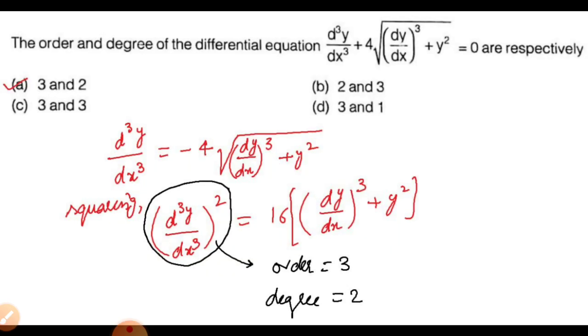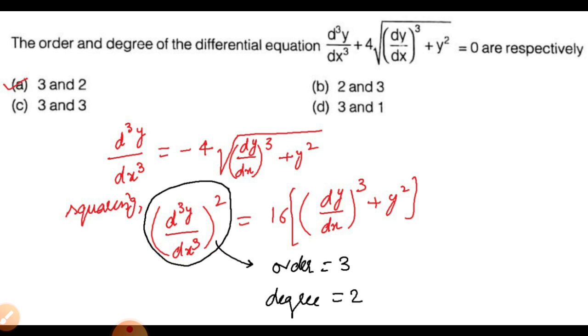Next question. This is also a previous year GATE question in which a differential equation is given to you and you have to find the order and degree of the differential equation. I can remind you that in the previous lecture I discussed that if there is a fractional term, square root, cube root or any other fractional term, we have to rearrange this equation in a way that all the fractional terms are removed. So here we are seeing that there is a square root term, so we have to get rid of this square root term.